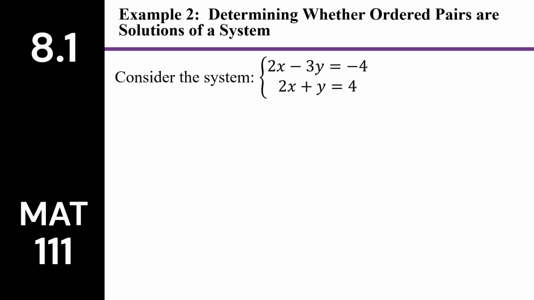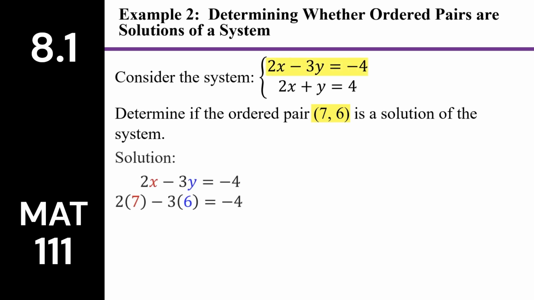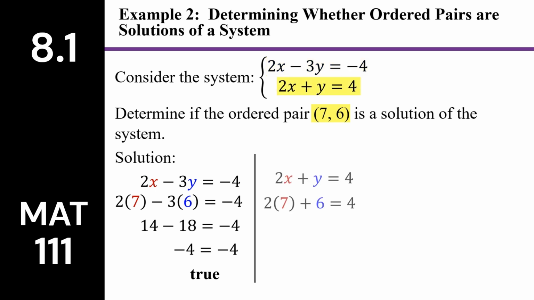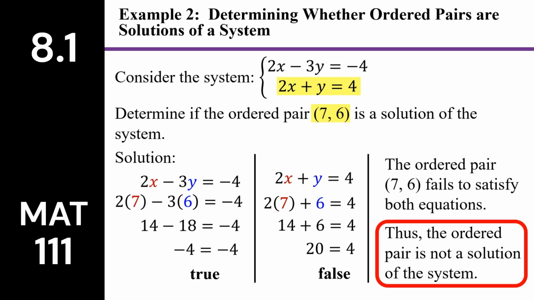In example 2, we have the same system of equations, but now we want to see if this ordered pair is a solution. So we'll start with our first equation, substitute in 7 for x and 6 for y. And when we simplify, we get -4 equals -4, which is true. So that point satisfies the first equation. And now we'll look at the second equation. We substitute 7 in for x, 6 in for y, and that works out to 20 equals 4, which is false. Therefore, the ordered pair fails to satisfy both equations, and so the ordered pair is not a solution of